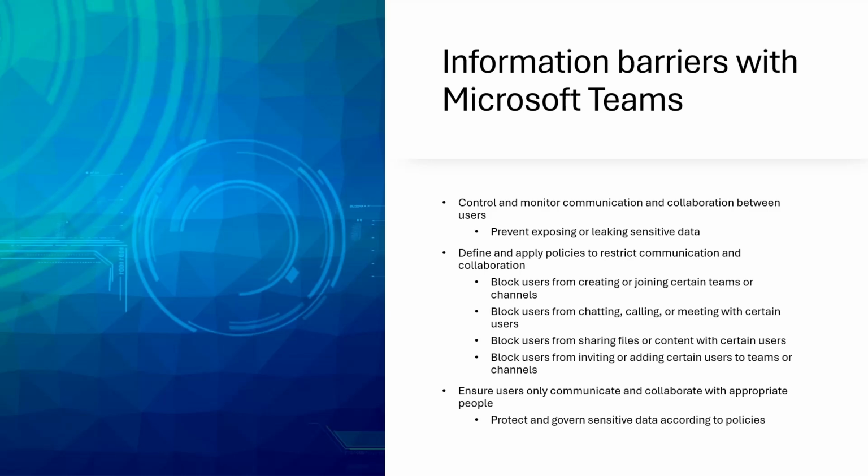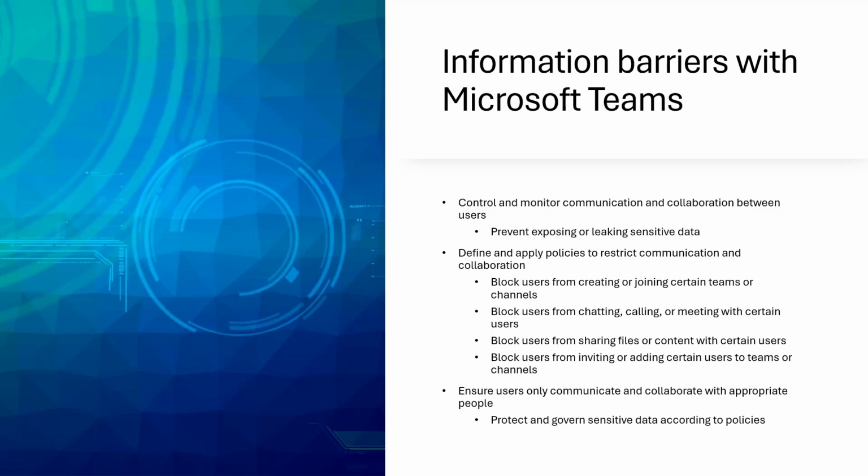For example, within the financial services sector, we can use information barriers to prevent insider trading. We'll be doing that by restricting communication between different departments that handle sensitive information. If we are in a legal setting, information barriers will ensure that confidential client information remains within the designated legal team. And within educational institutions, we could also use information barriers to protect student privacy across different schools, while within government agencies, we can use them to limit information flow between departments that may be safeguarding things like, of